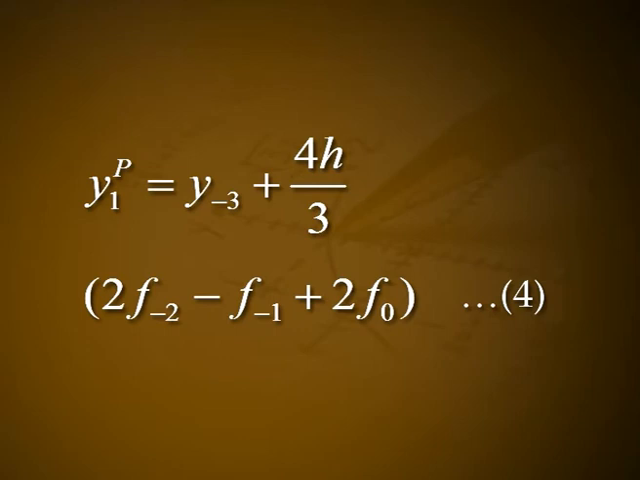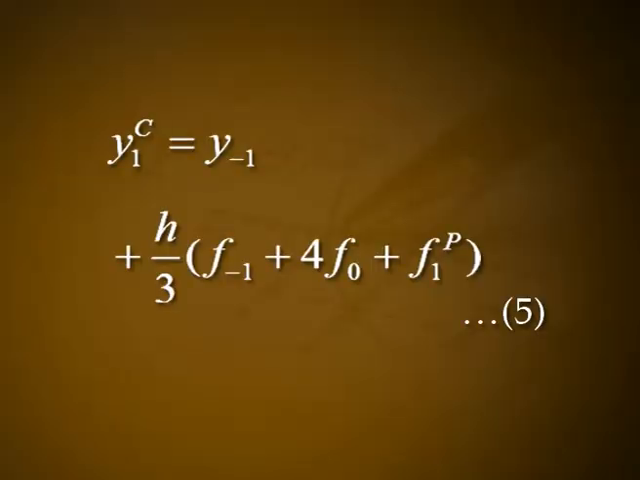We use the formulas 2 and 3 with n = 0, which gives y_1^p = y_{-3} + (4h/3)(2f_{-2} - f_{-1} + 2f_0), let it be denoted as 4, and y_1^c = y_{-1} + (h/3)(f_{-1} + 4f_0 + f_1^p), denoted by 5. Here take x_1 = 0.8,